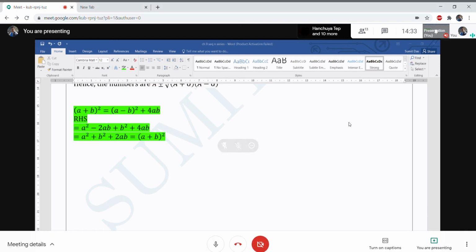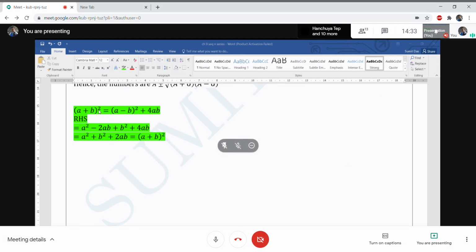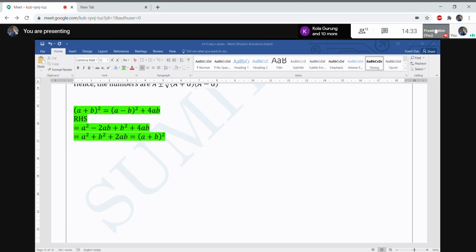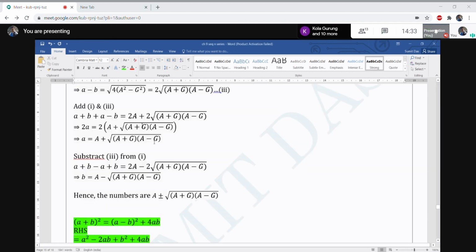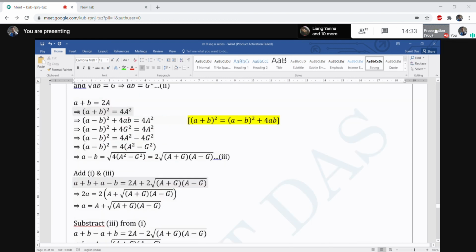So this formula we'll use here. Okay, that is a plus b whole square equal to a minus b whole square plus 4ab. So what is the use of this formula? First I wrote here a plus b equal to 2a, right? So if we take whole square both sides, we will get a plus b whole square equal to 4a square. Fine. Then next line we can write